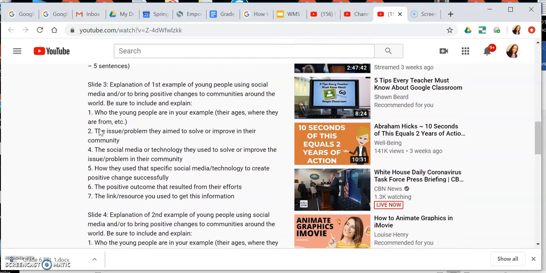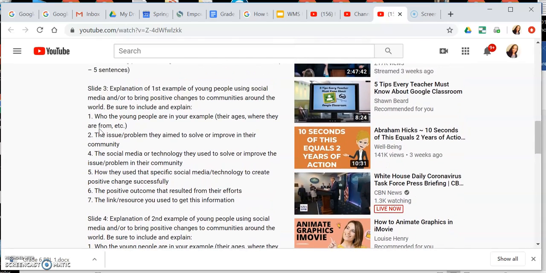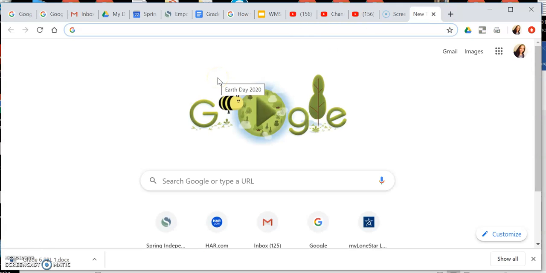You're going to find 2 examples of young people who have used social media to impact their communities. And you might know, well, I don't know any people who've done this. Again, what's a great resource to find out? Google's a great resource. So I'm just going to open a window, and to find some examples, I may just